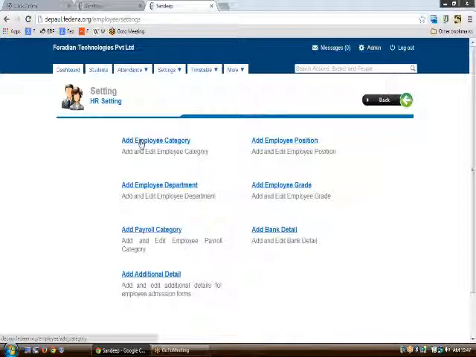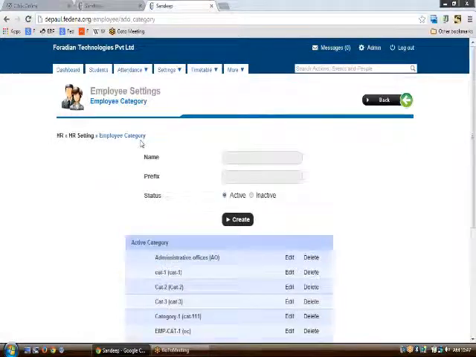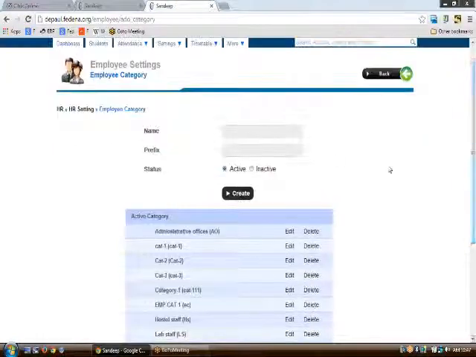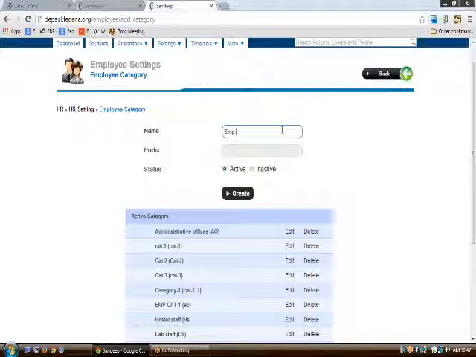Now we should start with add employee category. In add employee category, you need to type the name here and then the prefix. So here you will be able to create a category.